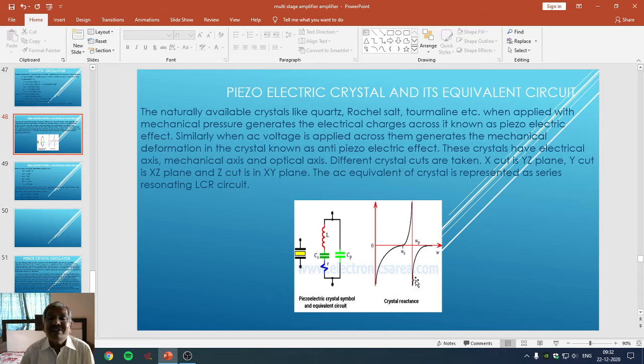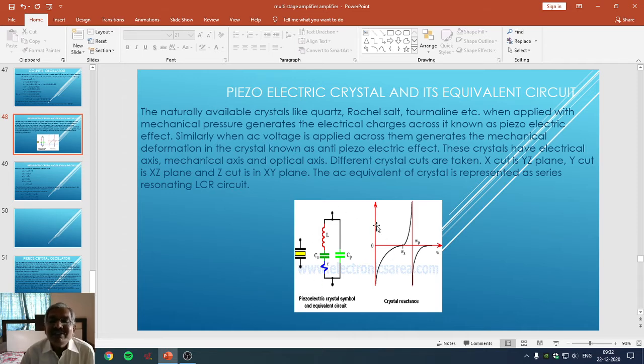Friends, we have already studied series resonance and parallel LCR resonance in BSc part one, paper number 1. And we know when the impedance of a series resonance circuit becomes 0, at that particular condition it undergoes resonance with the maximum frequency. The same is true for the parallel LCR resonance circuit. One acts as an accepting circuitry, another acts as a rejecting circuitry.